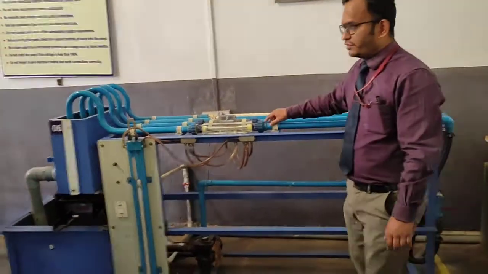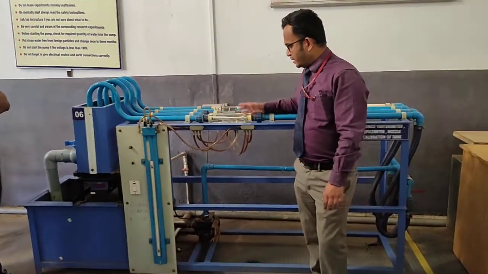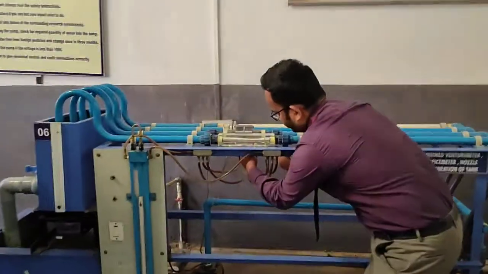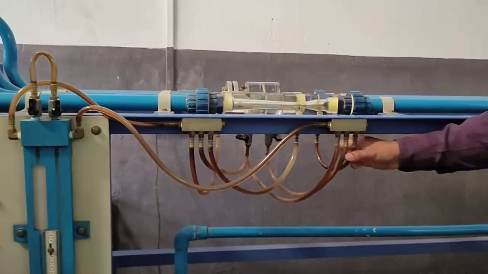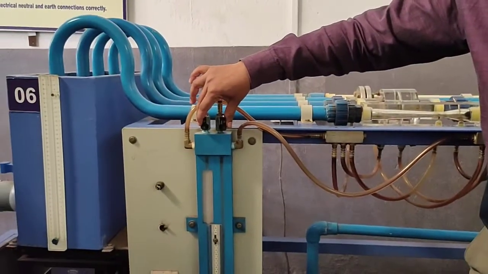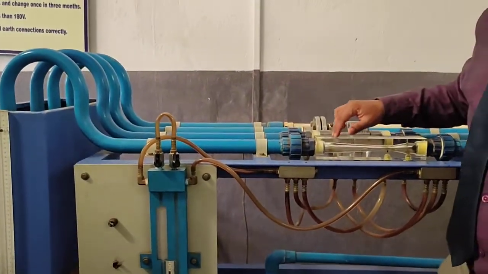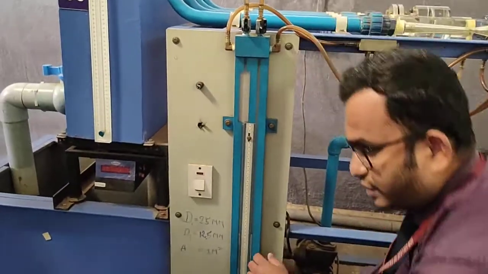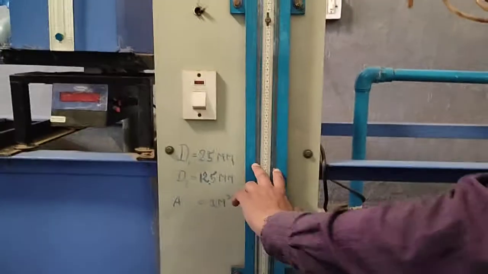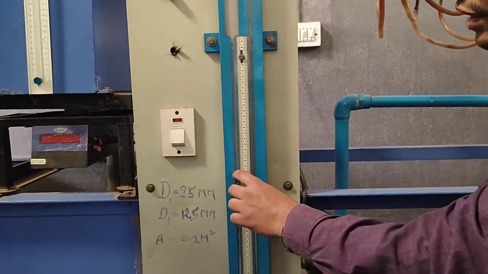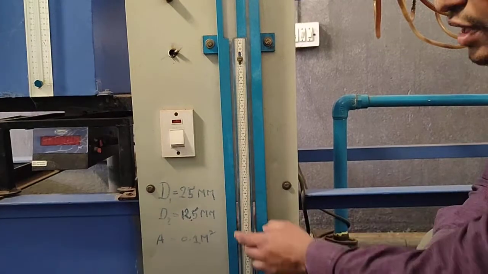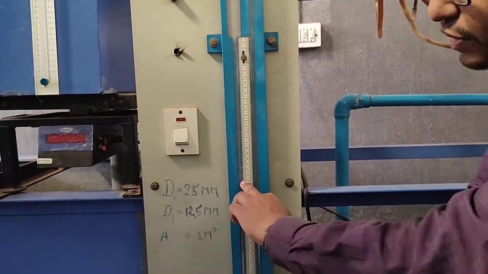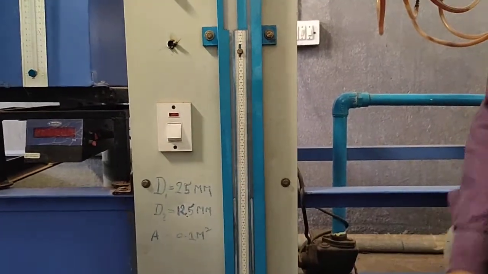When the fluid is flowing through this, we have to measure its head in terms of water. So we'll just open this valve over here. Whatever fluid is flowing through this will create a pressure, and there is a change in the manometer. You can see that there are two mercury points. Whenever we change it, it will increase or decrease the pressure, so there will be a difference between them. This length is measured. Like if this comes here at 34 and this comes near 30, the difference is H. That is the manometer head.